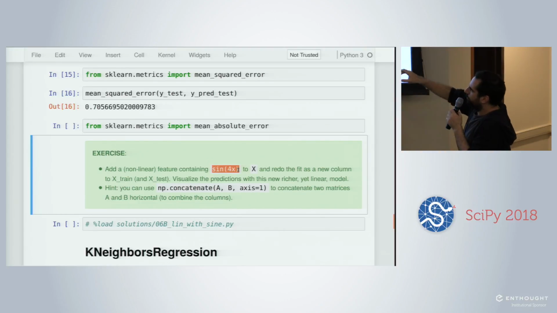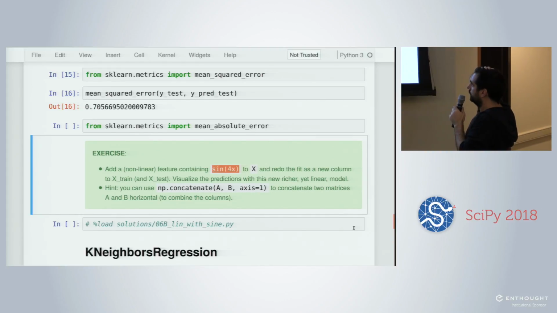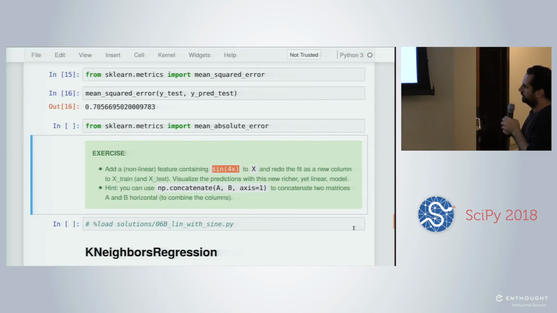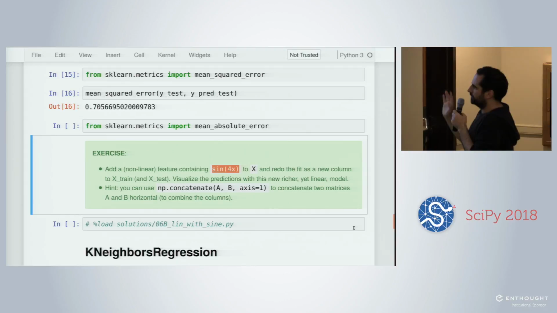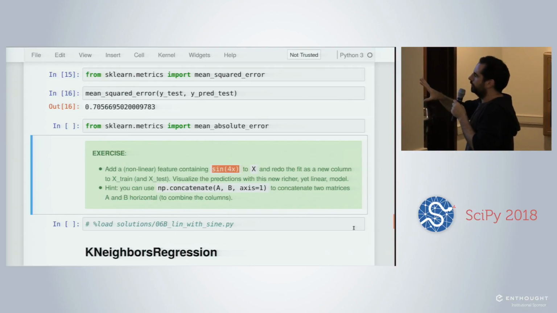Just do mean squared error of y true and prediction, so y test and then prediction. Yeah, but I don't have the y test. Ah, yeah, okay. Sorry, y test, okay. I think it's y test first. Yeah, it's the true first. In that case, it's symmetric, so it's not a problem. But in general, in Scikit-Learn, for the metrics, we put the true value first and then the predicted value second.